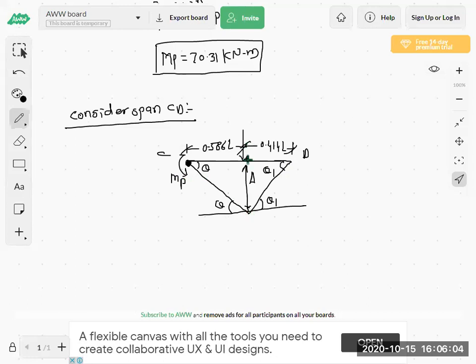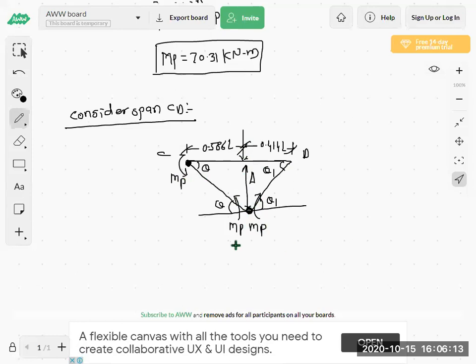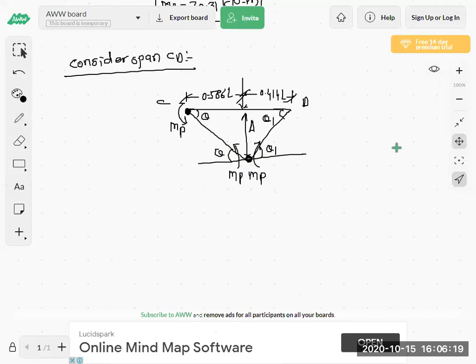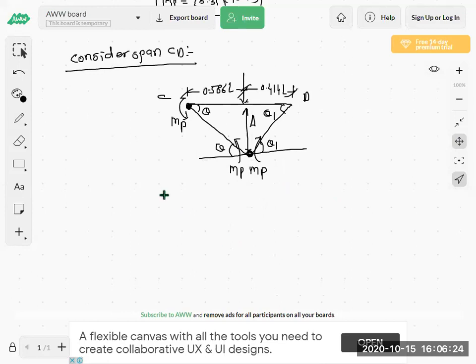Again, due to this point load, here hinge will form, and here also moment will be present. So this is the mechanism. So now calculate